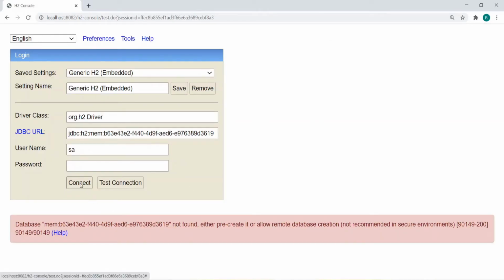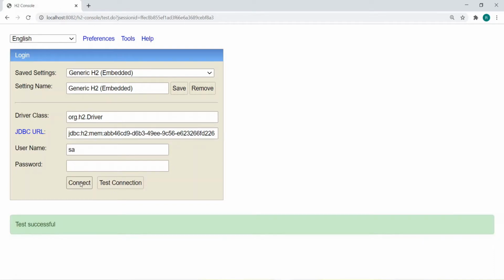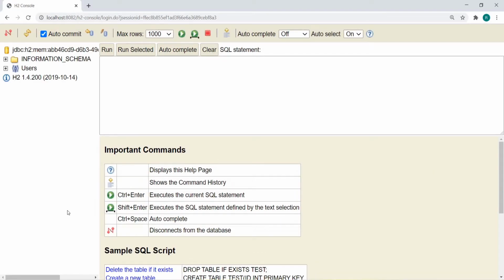If you do the test connection, it will fail, you won't be able to connect. So every time you will have to add this, and thereafter test the connection and connect. But you don't want to do this, right? So you will have to do the configuration for that. You don't want to change the URL every time you reboot the application. It does not mean your data will not be erased; data will be erased, because it is created in the in-memory database, in system memory, maybe in the RAM.